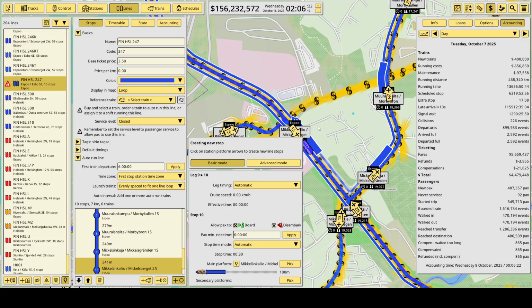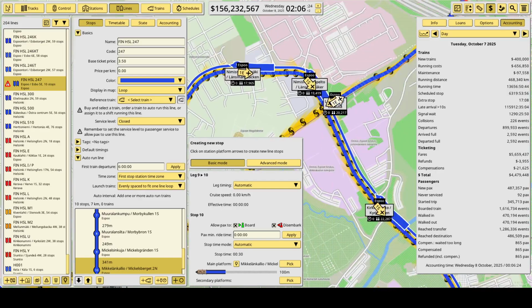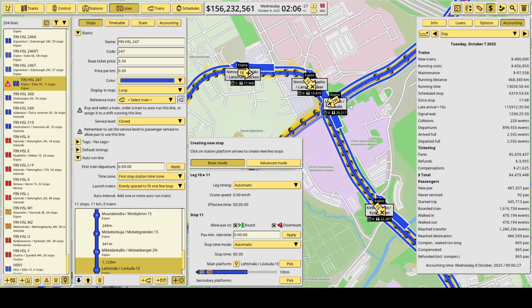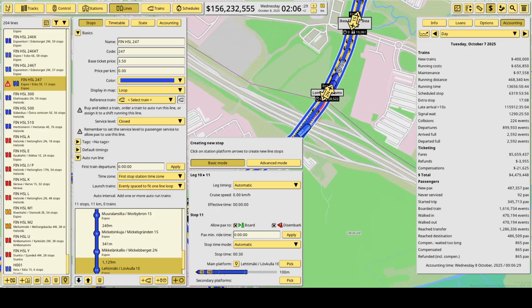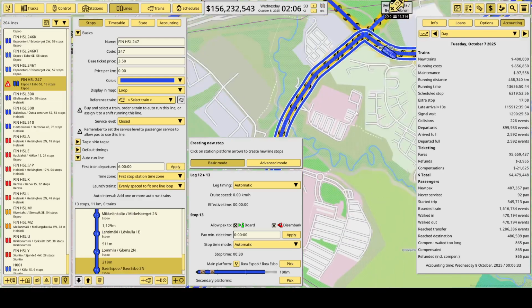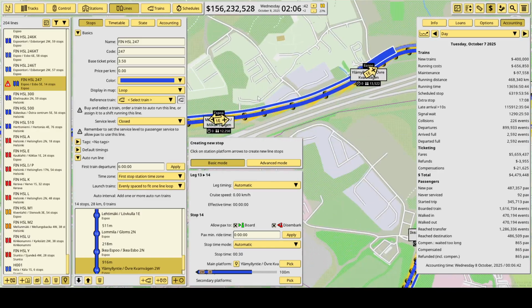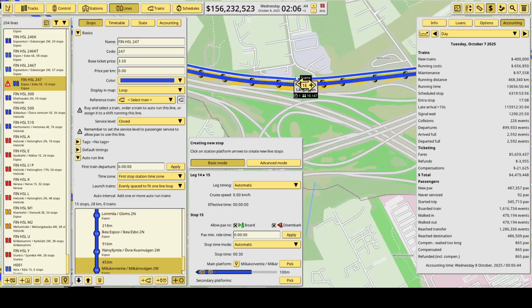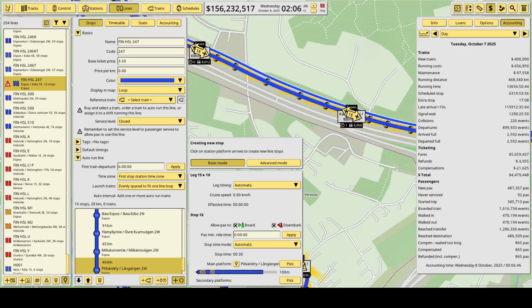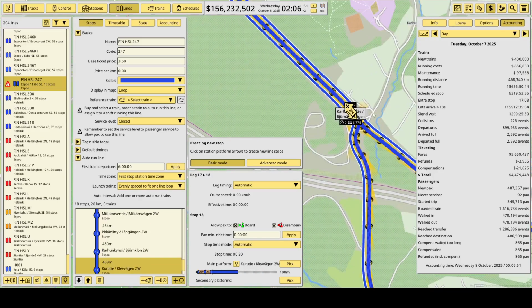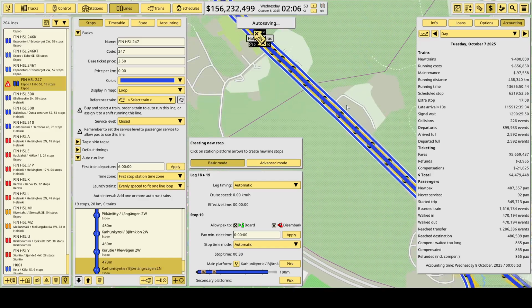Then let's go back to line. And after Mikkelankalli, we'll then stop at Lehtimäki. That's right. Then we'll stop at Lommila, at Ikea Espoo, at, let's see, Ylämyllyn tie. At Milukorven tie, at Pitkäniitty, at Karhun kynsi, at Kurutie, at Karhuniityn tie,